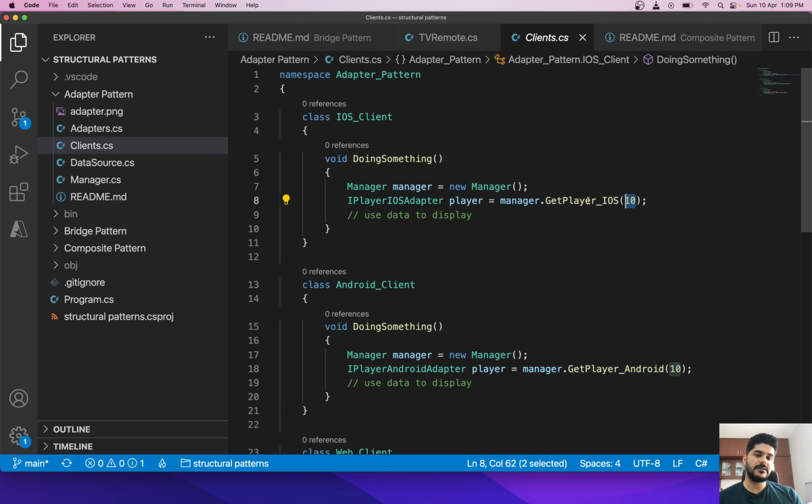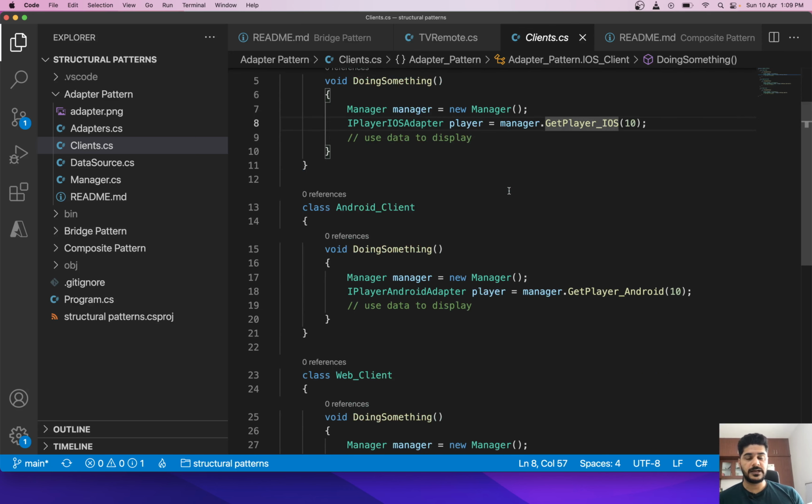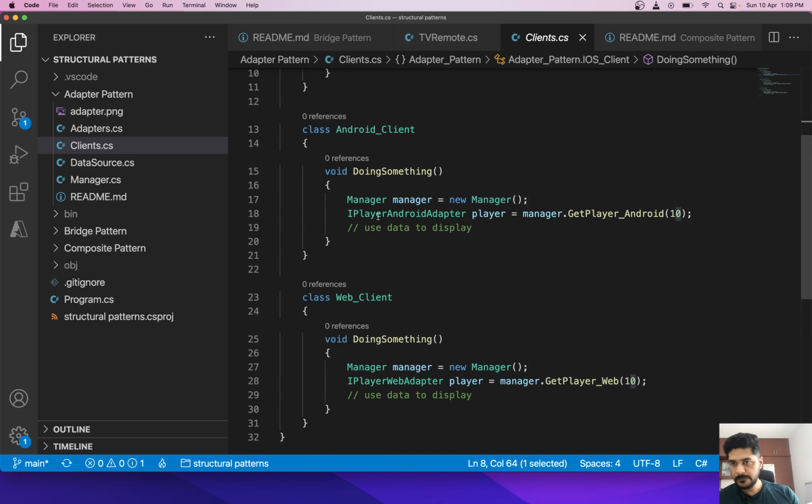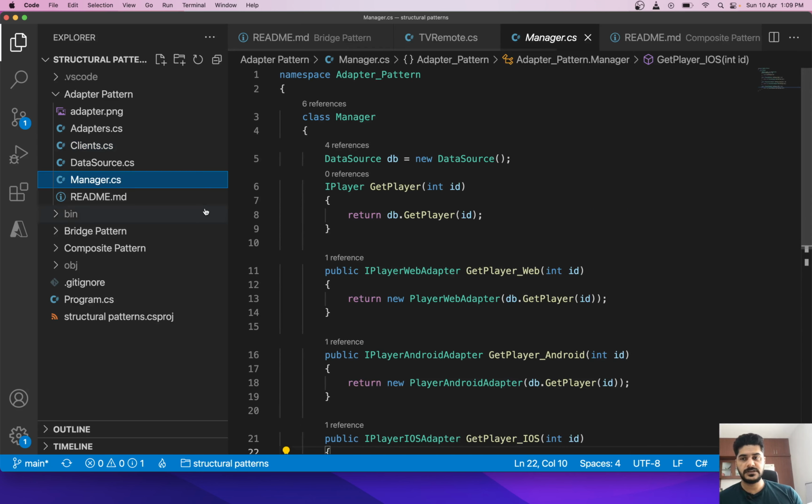Whereas I can simply have get player, and obviously you will send the device type, and on the basis of device type your classes will identify which information I should send back to this client, right? So the client will simply call, give me the player detail with this player ID. Now how can the manager do this? Manager means someone in between who is supposed to call the data source to